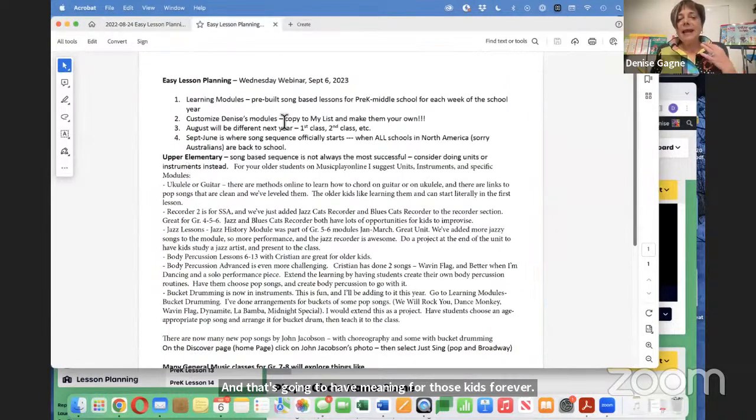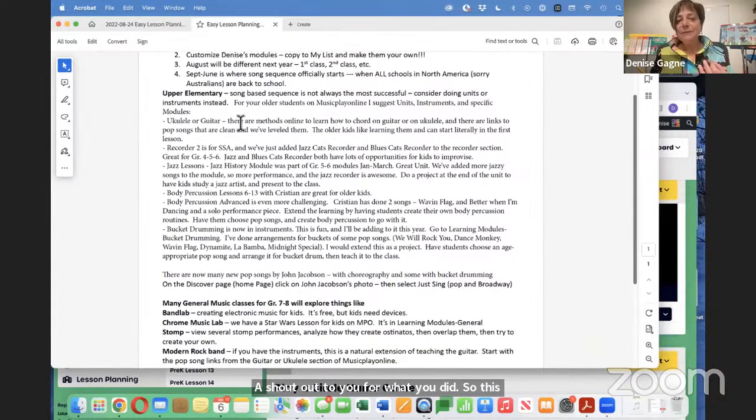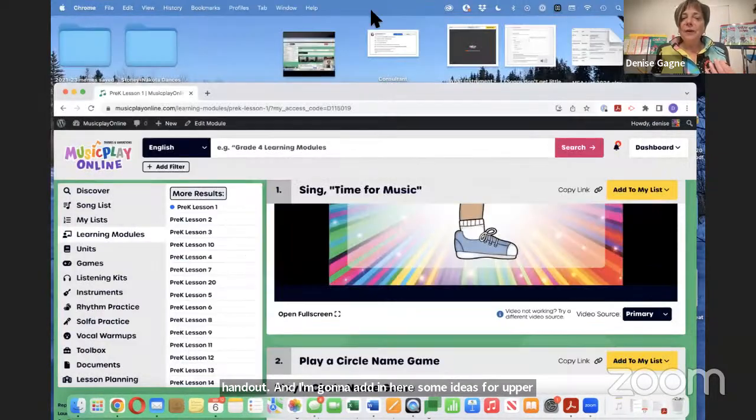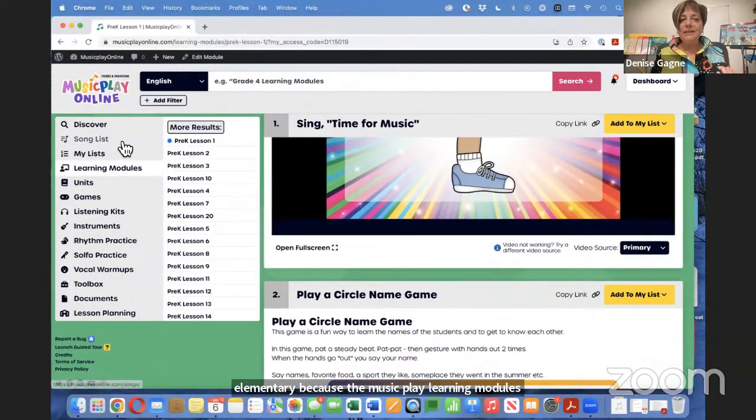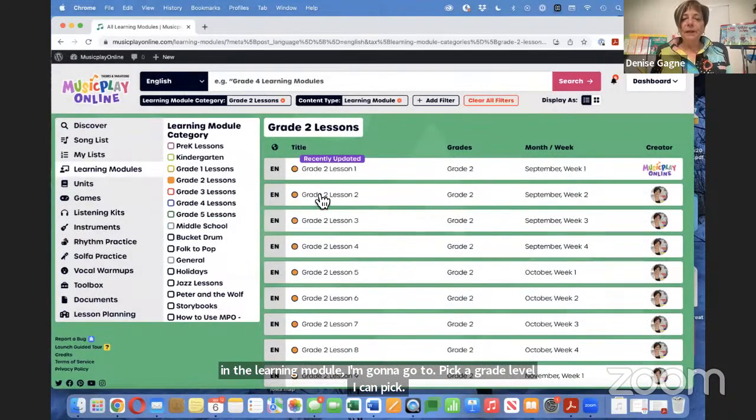So this is the handout, and I'm going to add in here some ideas for upper elementary, because the Musicplay learning modules are very much a song-based sequence. So in the learning module, I'm going to go to pick a grade level. I'll pick grade 2. I like grade 2. So I'm going to go to